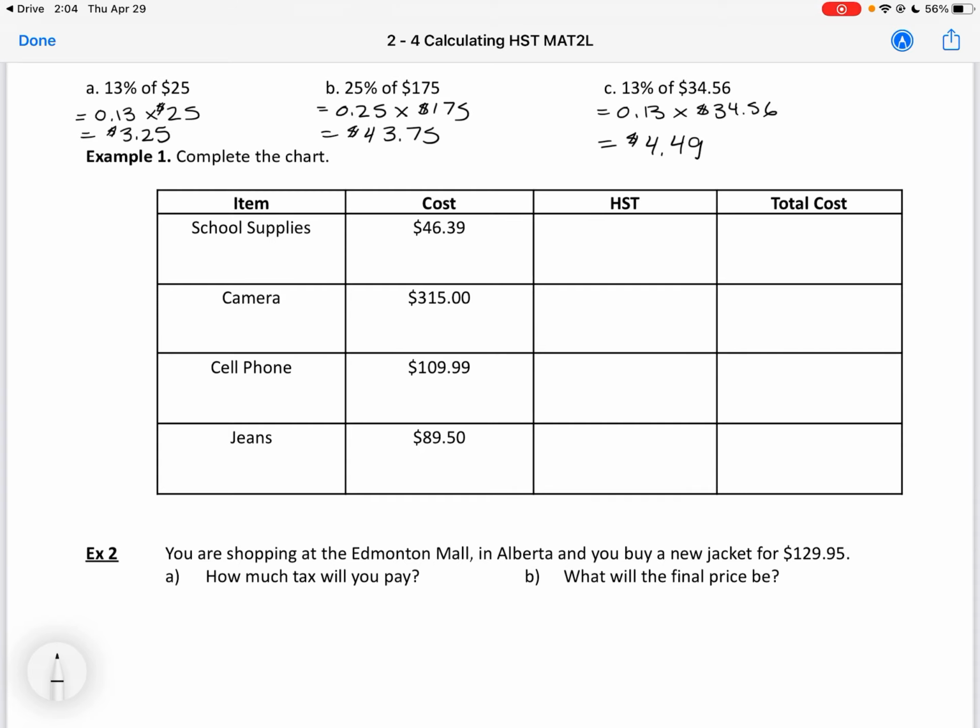First thing we're going to do is calculate the HST on these school supplies. So we've got 13% of our cost. I'm going to change that percent to a decimal, of to a times, and I'm going to keep my last number the same. So here I get